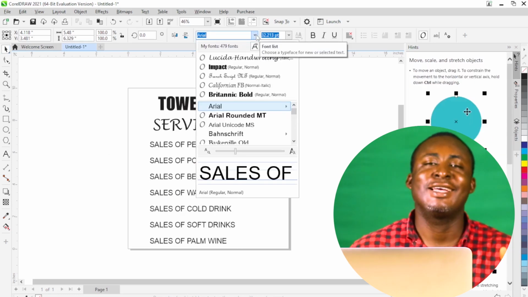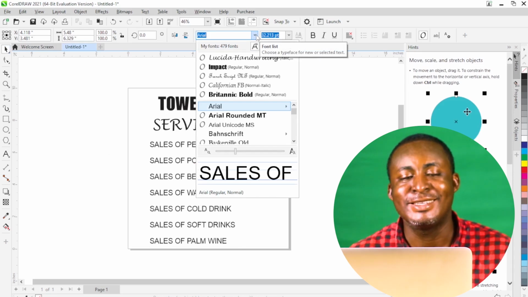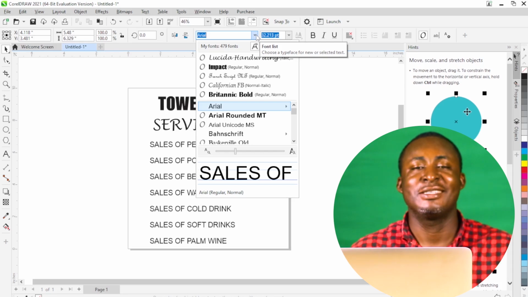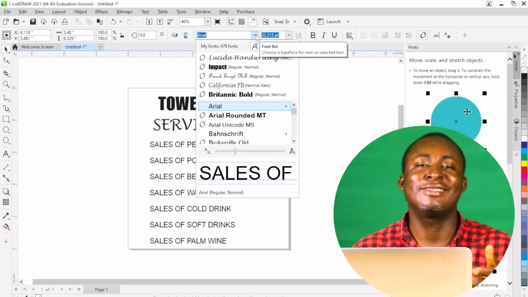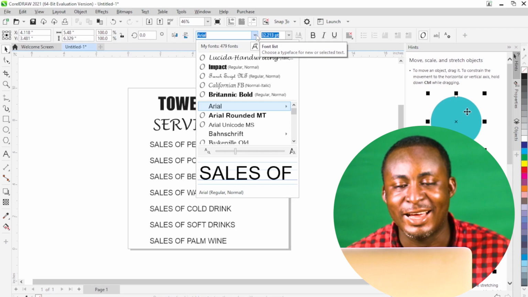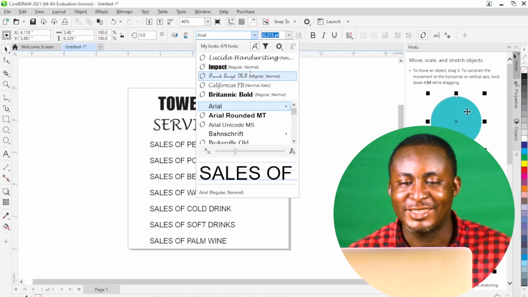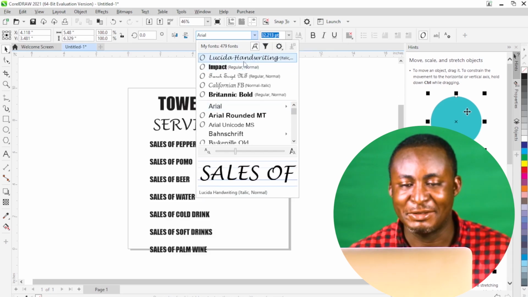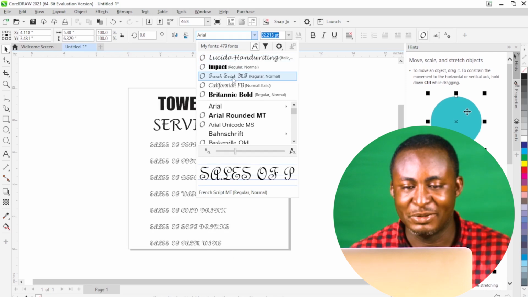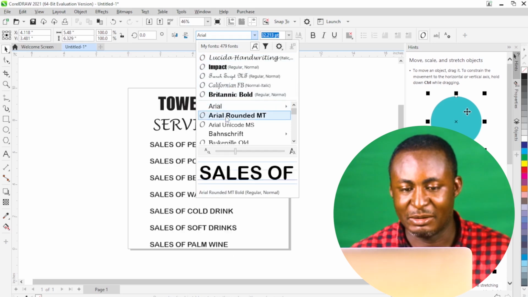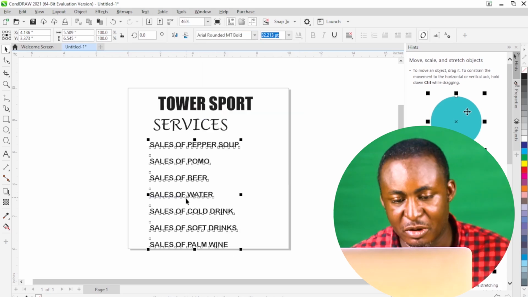So you see how these 3 features, they are interwoven. You have to apply these 3 features to make a very good, professional design with this amazing tool called CorelDRAW. So right here, I want to pick another font. I think I'm okay with this font, but then I don't want all of them to be in capital